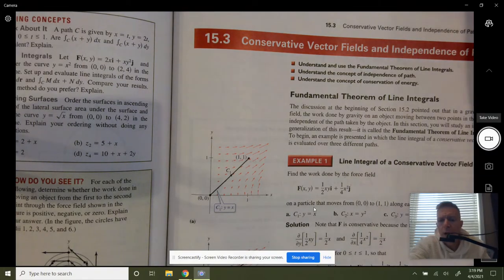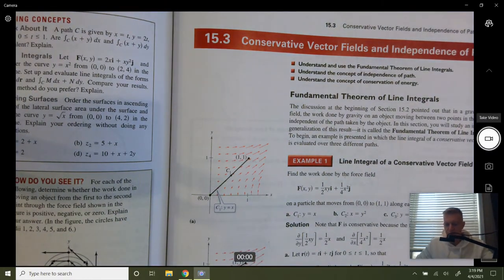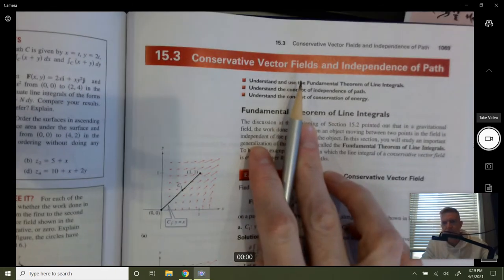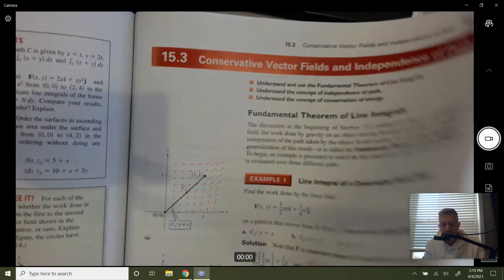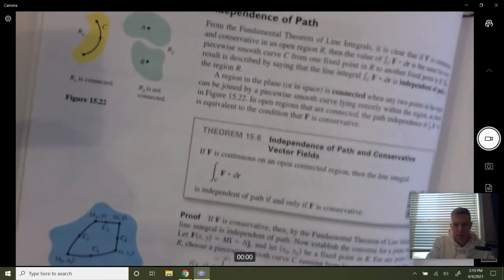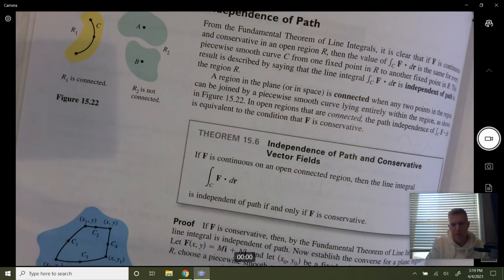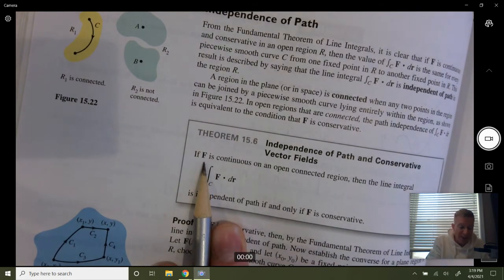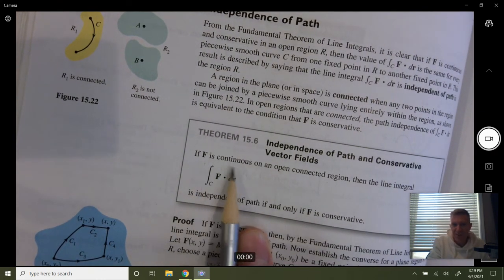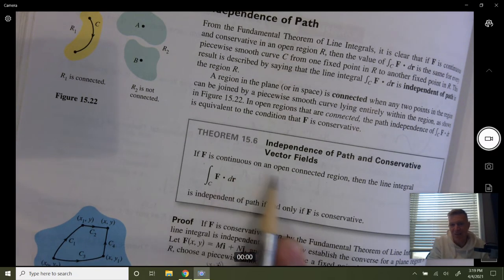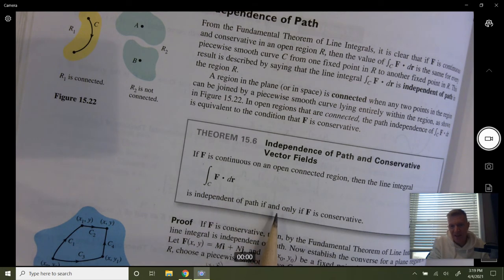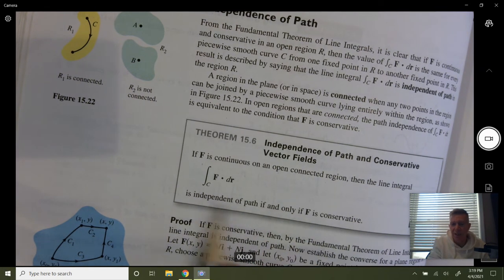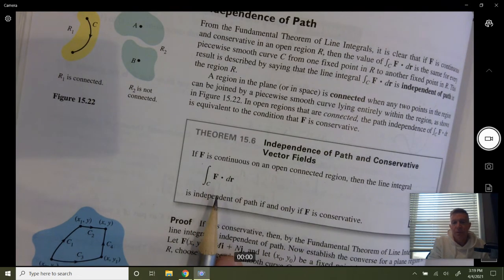All right, so what we're going to talk about today is 15.3, conservative vector fields and independence of path, and the significance of that. Okay, and we've got a theorem here on page 1072, independence of path and conservative vector fields. So if F, being your vector field, is continuous on an open connected region, then the line integral is independent of path if and only if F is conservative. Meaning, if you have a conservative vector field and you're going from one point to another point